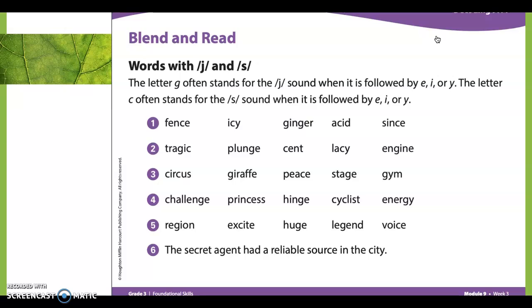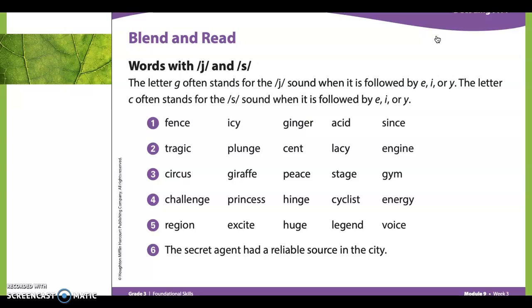Circus, giraffe, peace, stage, gym. Challenge, princess, hinge, cyclist, energy, region. Excite, huge, legend,